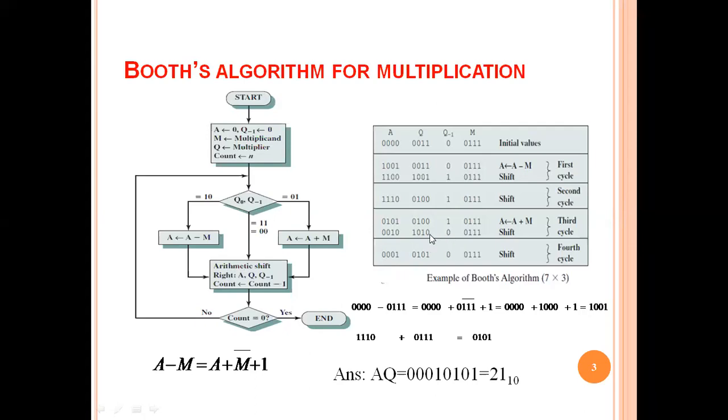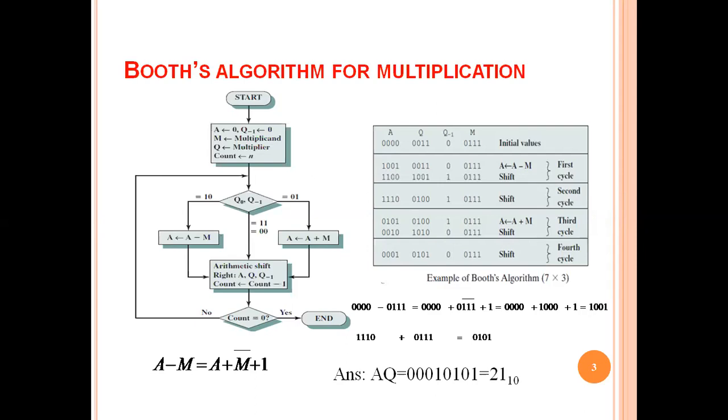So this 0 will come here, this 1 will come here, this 0 comes here, 1 comes here, this 0 comes here, this 1 comes here, this 0 comes here, this 0 comes here, and what is left? The last 0, because we have shifted all the numbers to the right-hand side. So one bit is left. Arithmetic right shift, I have already told, has to retain the sign bit. That means the leftmost bit is 0, so we put 0 here. So our fourth cycle is complete.